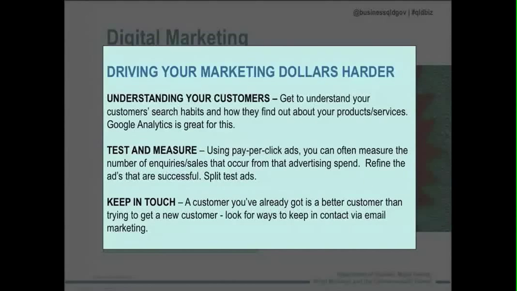One of the benefits of pay-per-click ads, or Google AdWords in this instance, is the ability to run two ads at the same time and then split test those ads. So you can start to see which ad had the better return on investment of click-throughs to your website. Then you can drill in more into those specific ads, and look at the words or the headline you're using in the ad, or possibly even the sentence structure, to replicate that for future advertising.